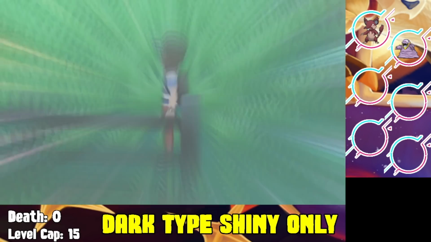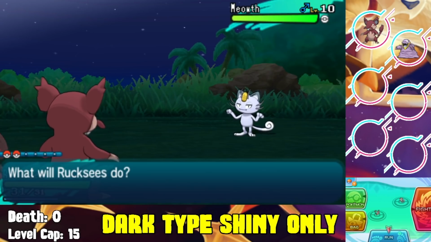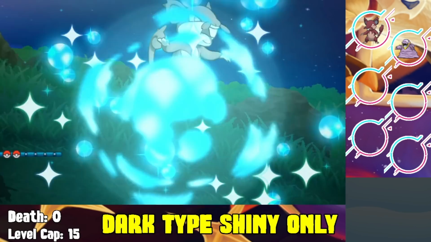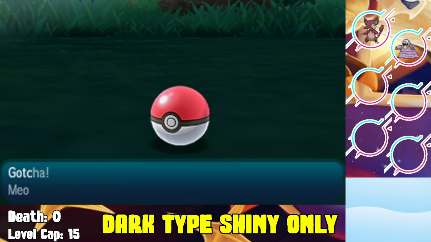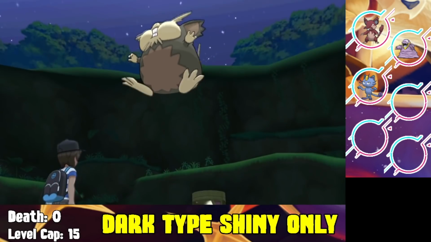And then in this grass, we're able to find the last dark type Pokemon in the early game. It's gonna be a shiny Meowth. So, spend a little time finding a shiny Meowth. It's actually pretty cool. It's very subtle, but very cool. I like all the shiny Pokemon on our team already. They look pretty nice. And once we caught this Meowth, we're able to go into our first trial,